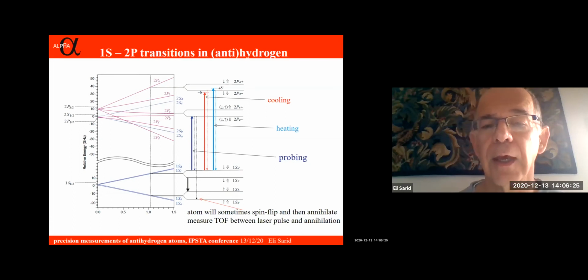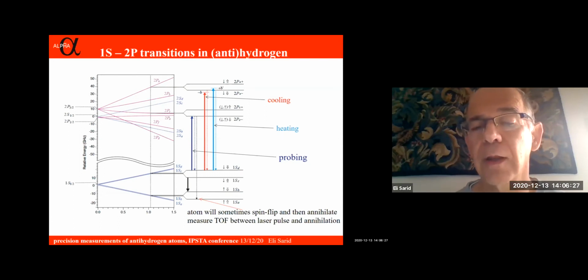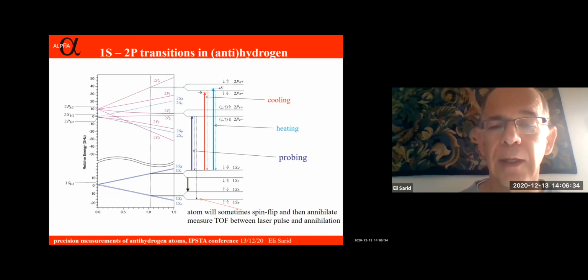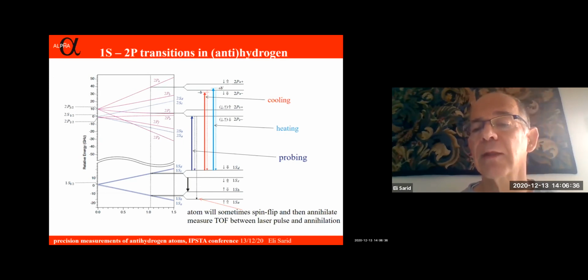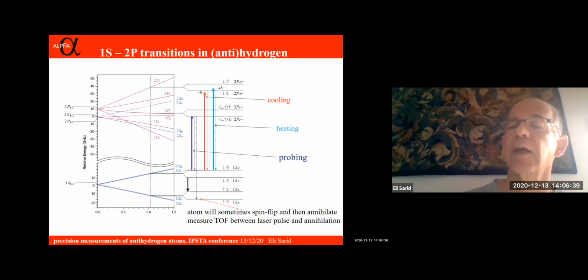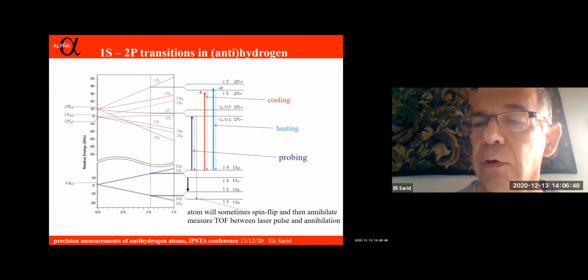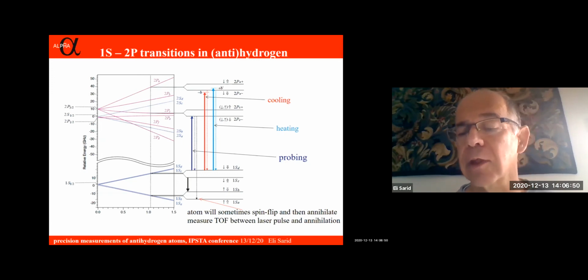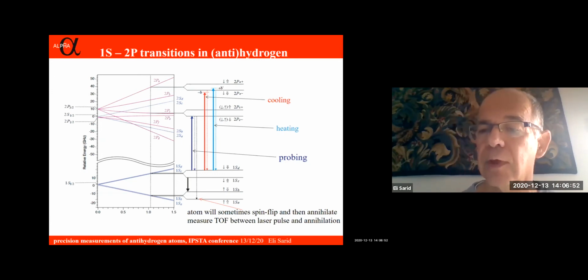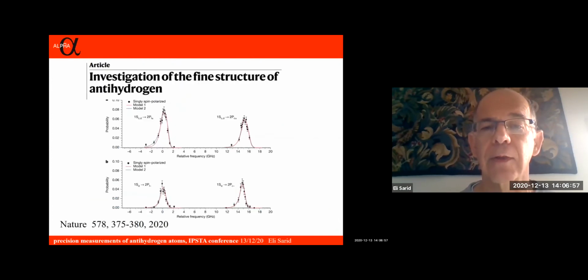Here you see the whole picture, the whole spectra with the splitting, and we measured, I'll show you in a minute, the transitions here. But what is even more important is that measuring the 1s and applying the 1s to 2p transition and getting a result opens the floor for cooling the antihydrogen atoms to even lower temperatures and being able to capture more of them and make more precise measurements.